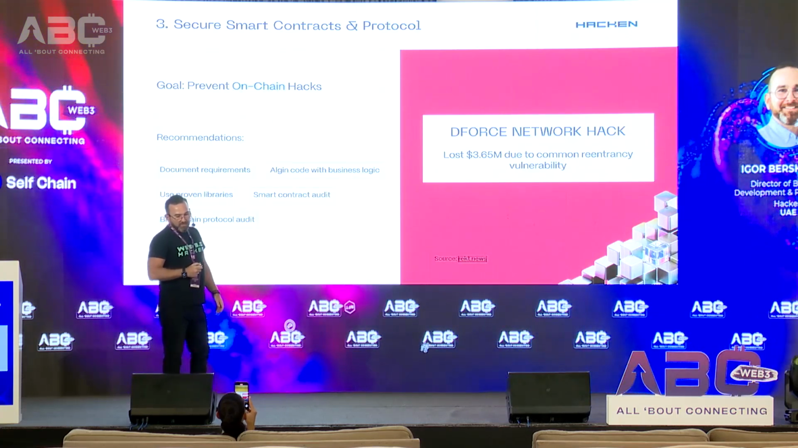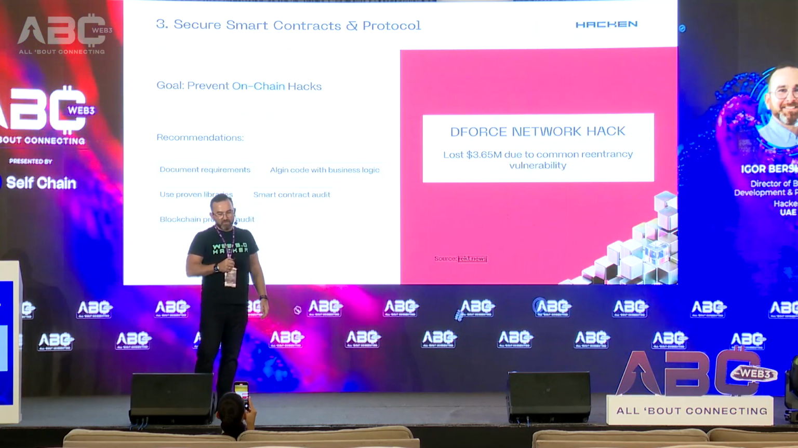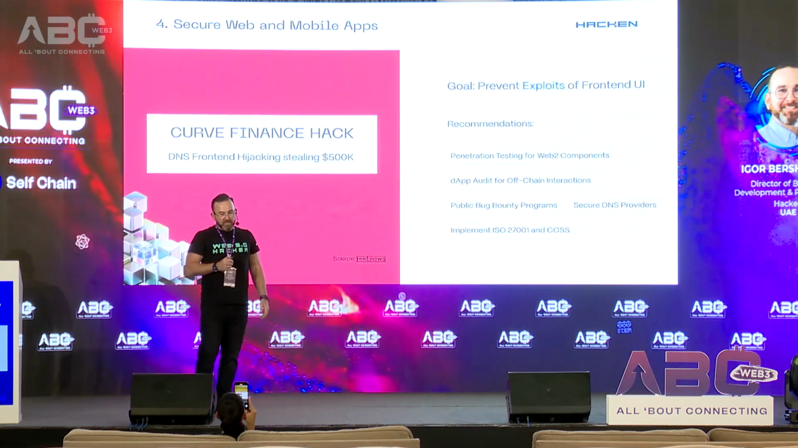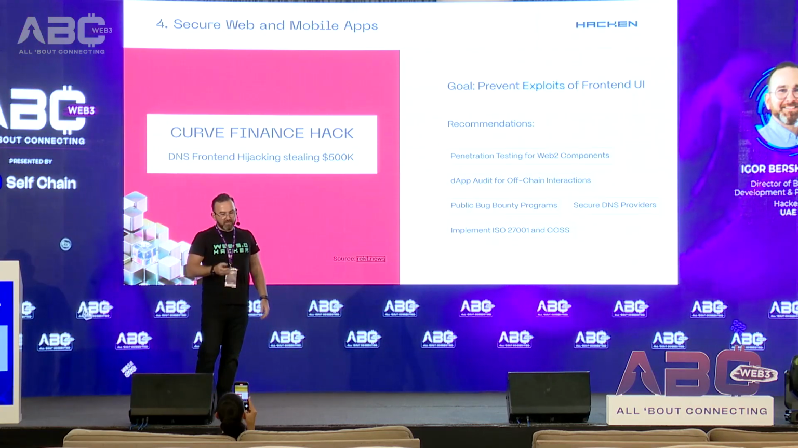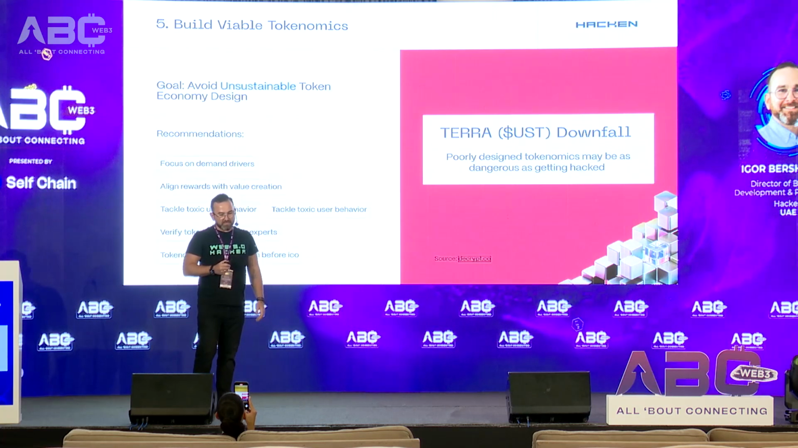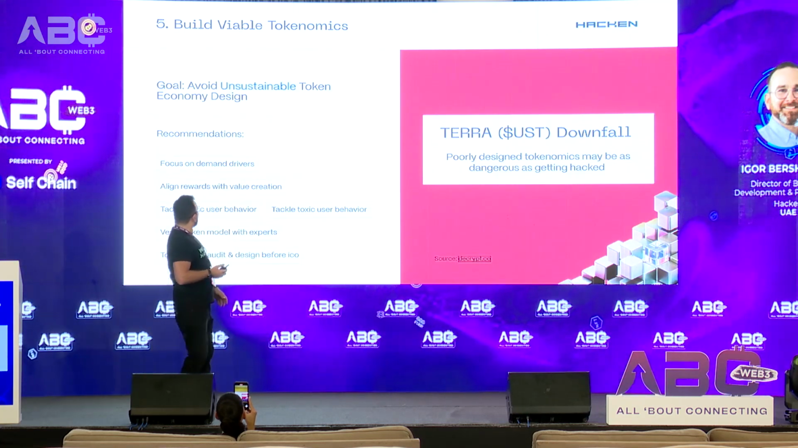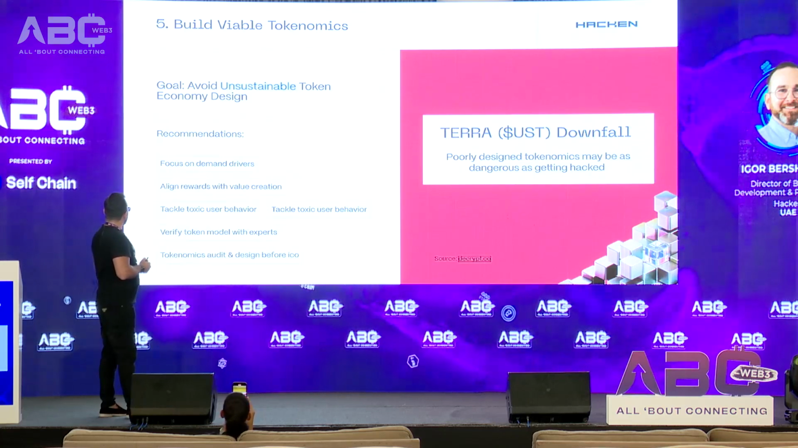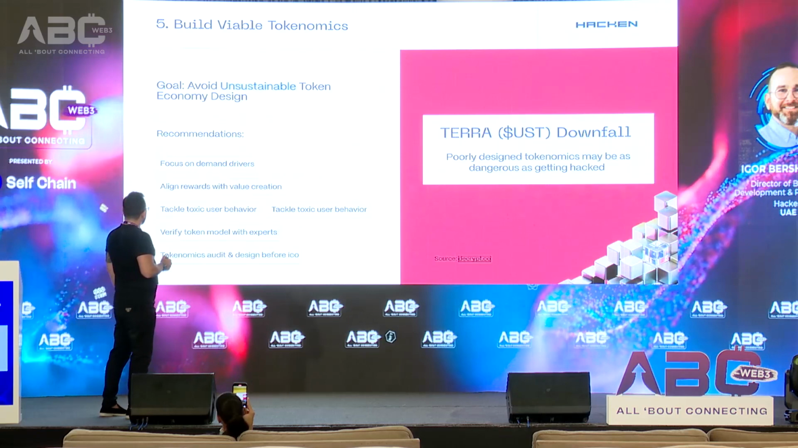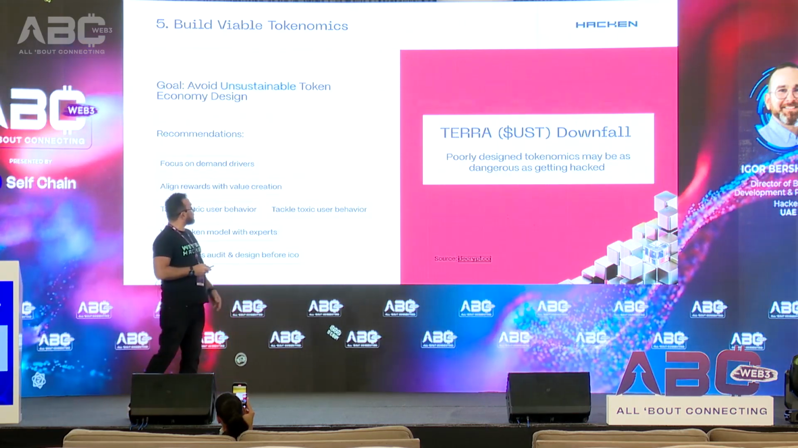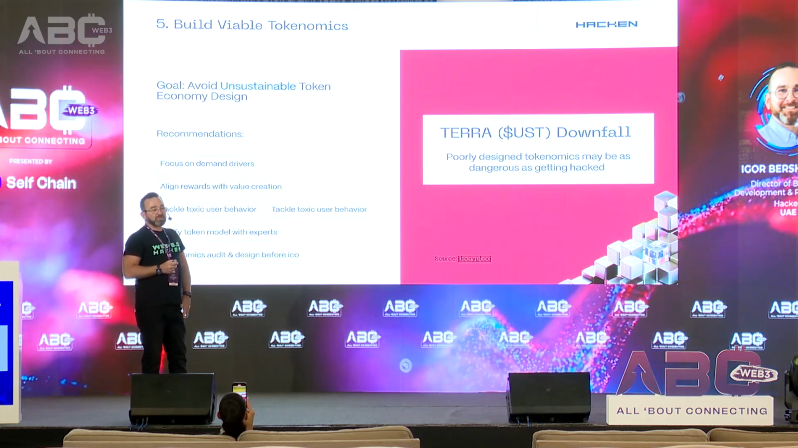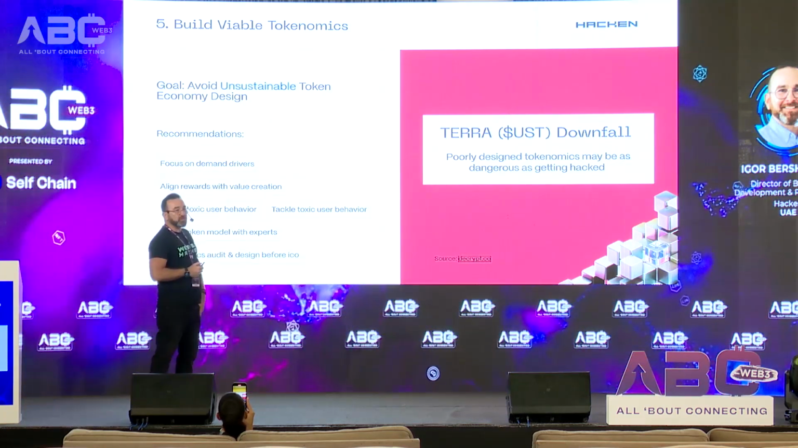Another example, the dForce network hack lost 3.65 million due to a common reentrancy vulnerability. Curve Finance hack lost 500K. Terra, a full downfall. So that's something that requires a little bit more involvement and focus: demand drivers, aligning rewards with value creation, tackling toxic user behavior, and this is all part of security. Poorly designed tokenomics may be as dangerous as getting hacked. One of the services that we do provide is tokenomics audits,